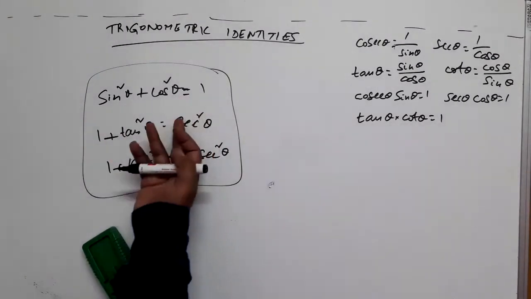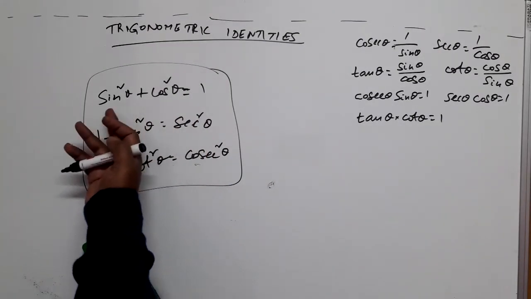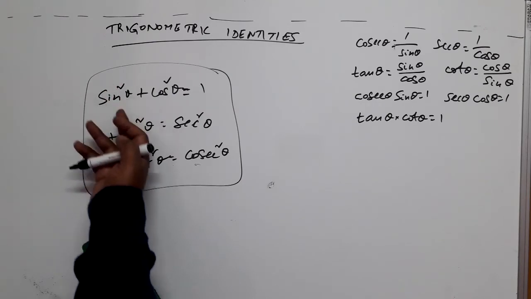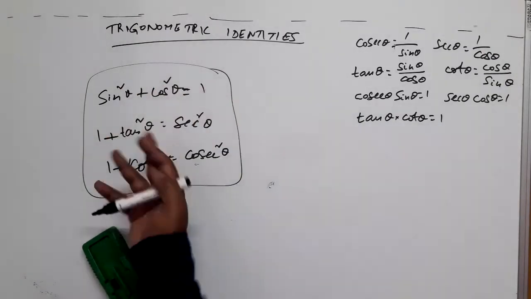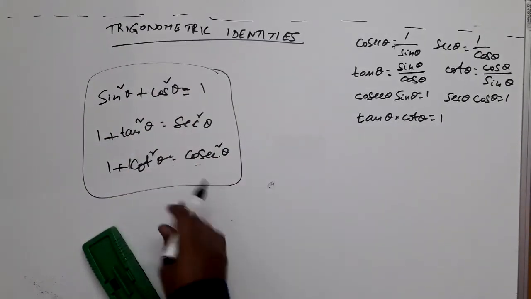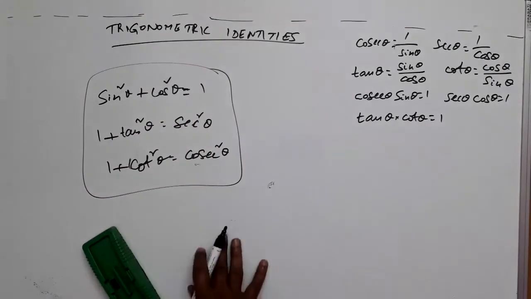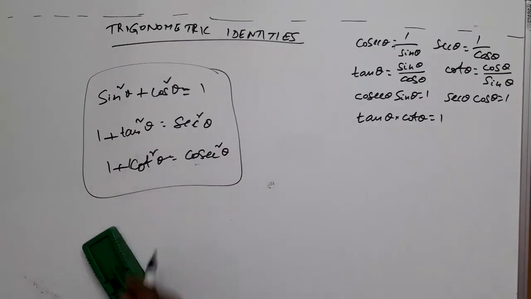Let us say 0 degrees, you substitute. Yes, if theta is 0, sin theta is 0. Sin 0 degrees is 0. 0 square is 0. Cos theta is cos 0 degrees. Cos 0 degrees we know is 1. 1 square is 1. 0 plus 1 is 1. Tallied, and so on. Right? For any value for which the terms involved are defined, this equation holds good. That's why this is called trigonometric identity or equation, you can say. See, these are very important.